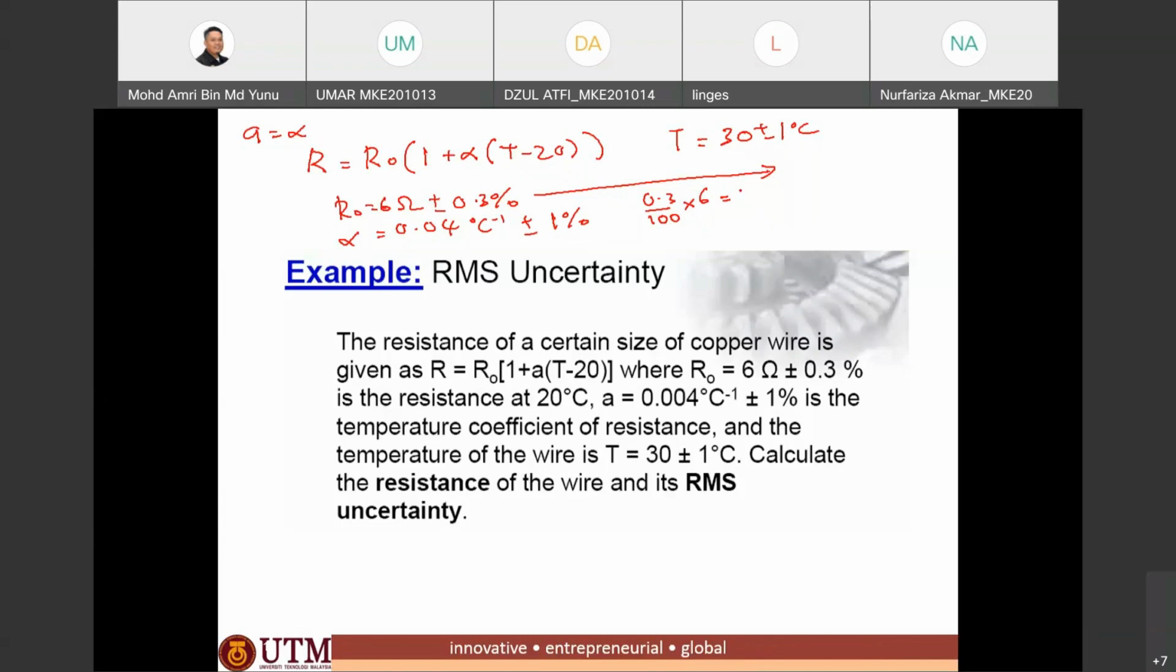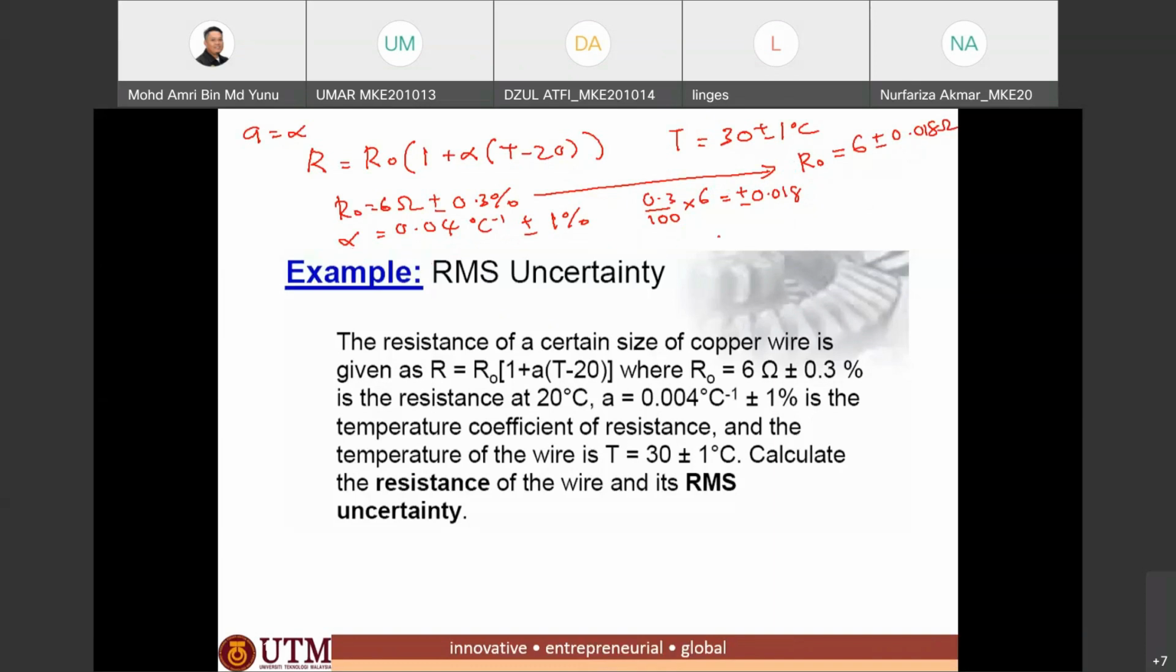So the absolute value of the uncertainty is plus minus 0.018. So for R naught, R0, we write it as 6 plus minus 0.018 ohm. So we need to convert into the absolute value first. Similar to this,